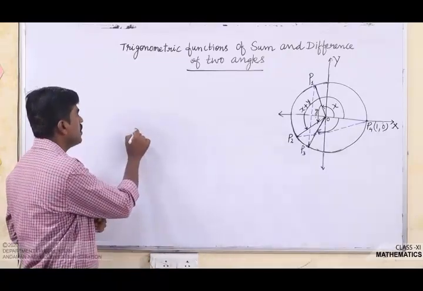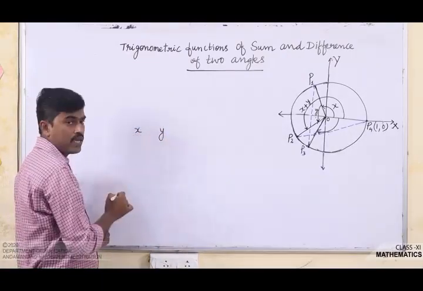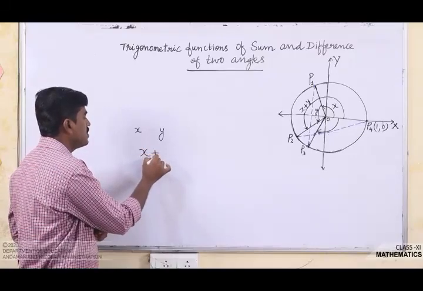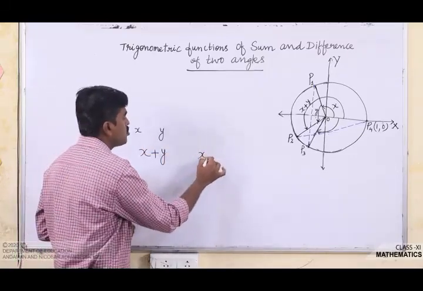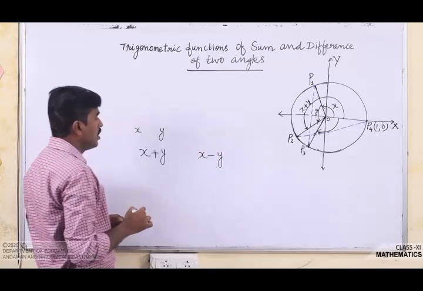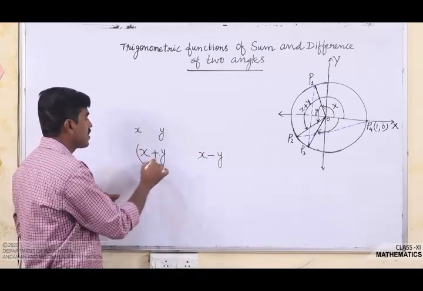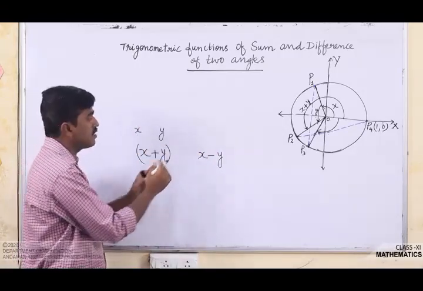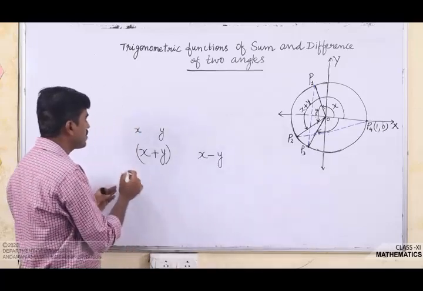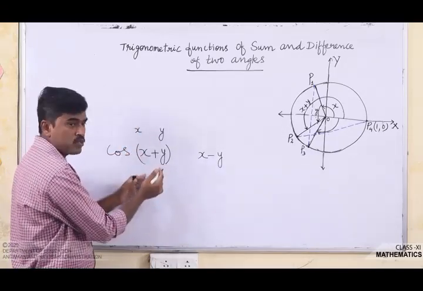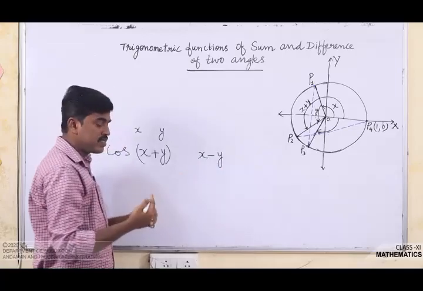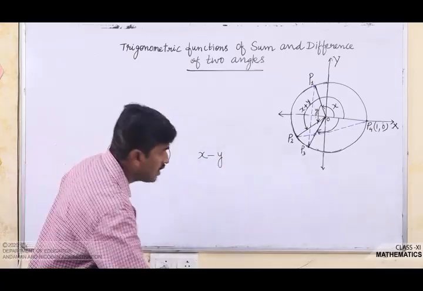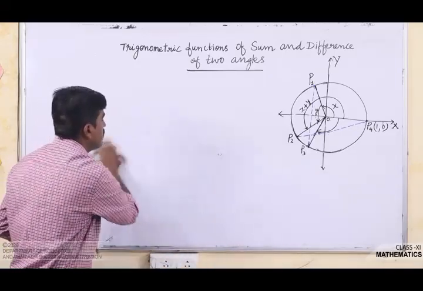Suppose there are two angles x and y. Now the sum of the angles is taken as x plus y and the difference of the angles is taken as x minus y. Now we will discuss the trigonometric functions for the sum of two angles and for the difference of two angles, like cos of x plus y, cos of x minus y, sin of x plus y, like that. Okay. So first of all,